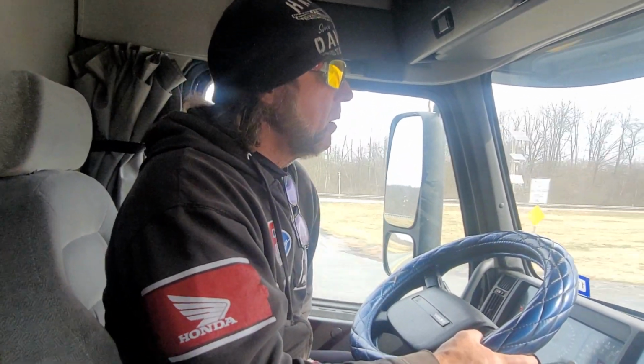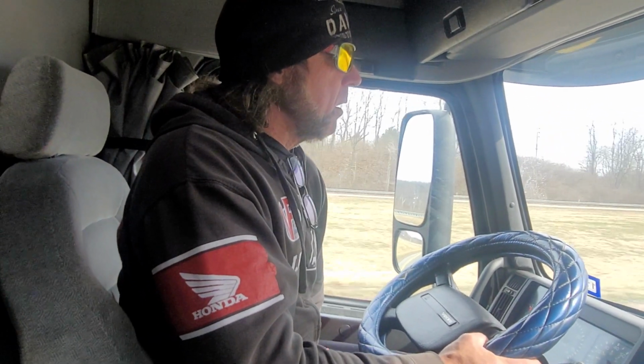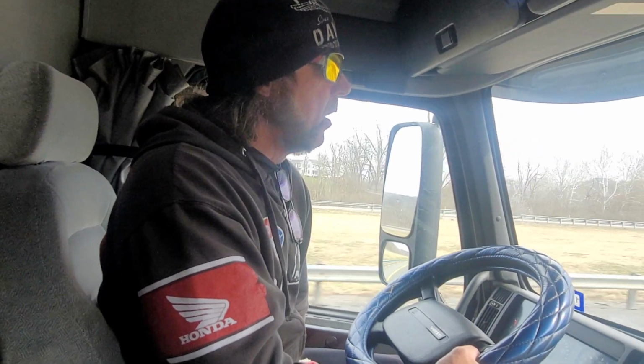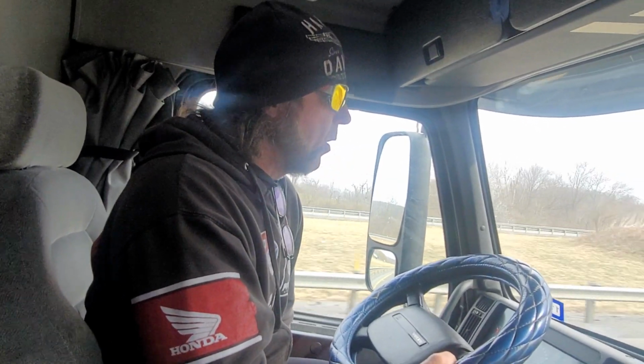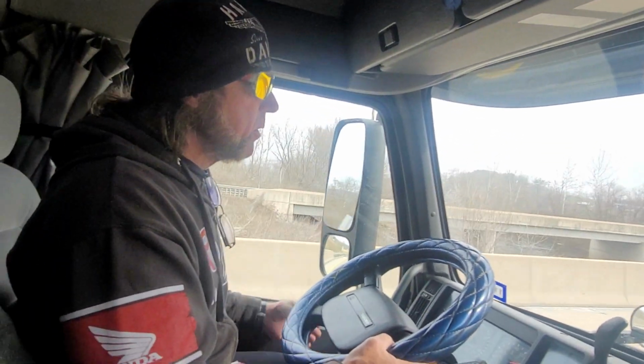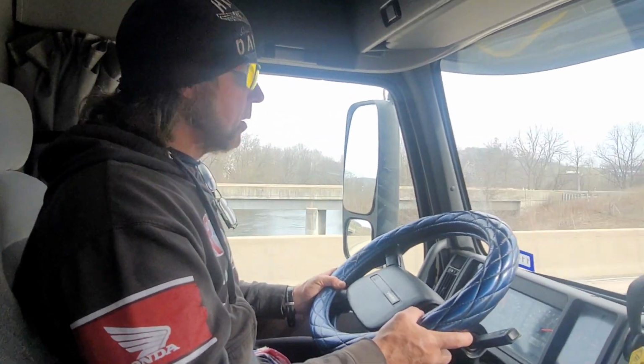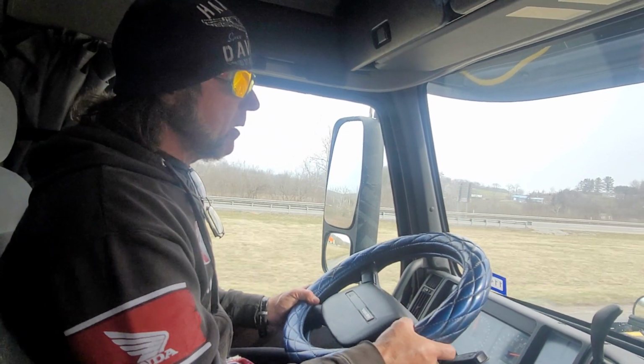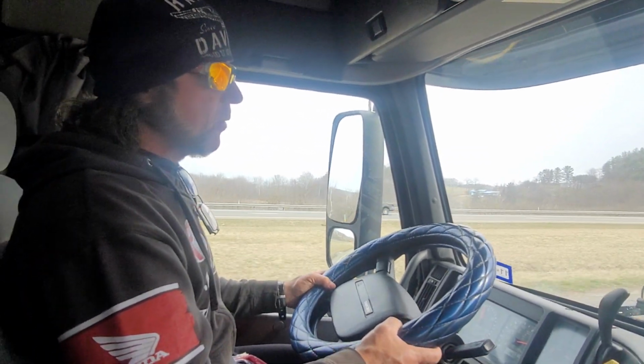I'm 6'2", and I can put this seat so far up that my feet aren't even touching the ground. They're dangling like a little kid off a chair, or I can lower it farther down. What that does is give you the ability to change the circulation in your legs. Also, at 57 years old, I'm sitting in the truck for 10, 11, 12 hours on a long trip from Florida,